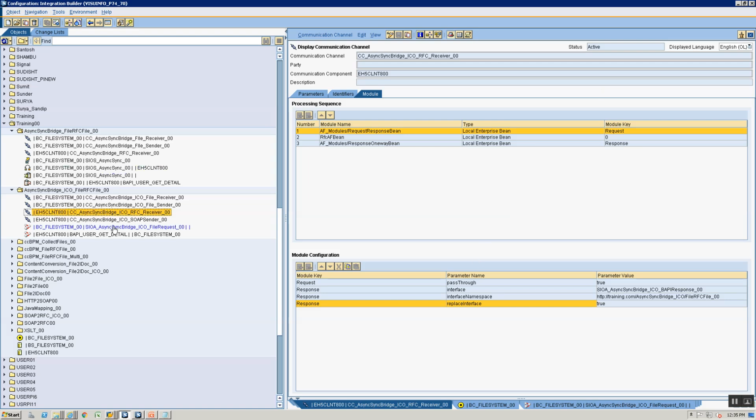So as a result of that, I've used a workaround by just using directly the BAPI name as the response structure. Alright, so with this we come to the end of this session where we looked at the async-sync bridge for an integrated configuration. We will now go into the next session. In the next session, what we will look at is building a sync-async bridge, which is also a little more complicated. We will look at building a sync-async bridge,